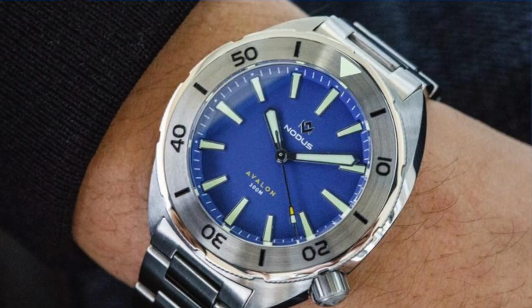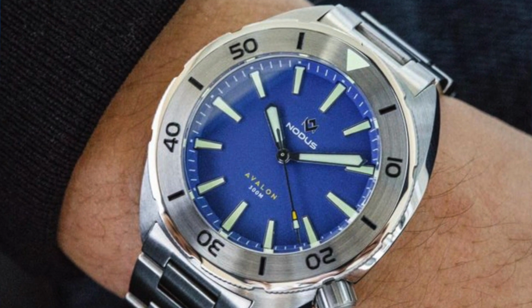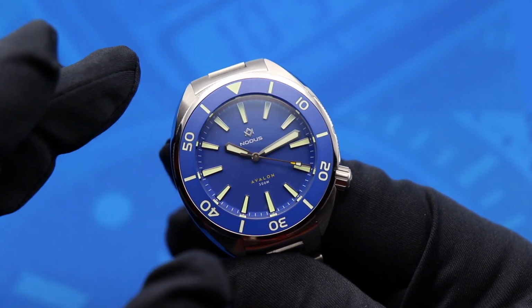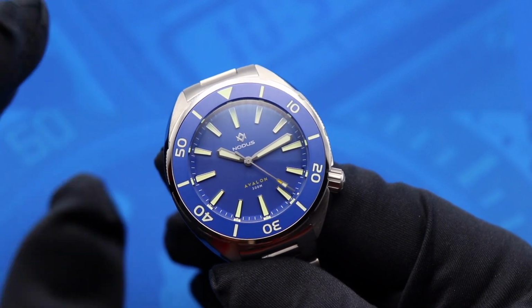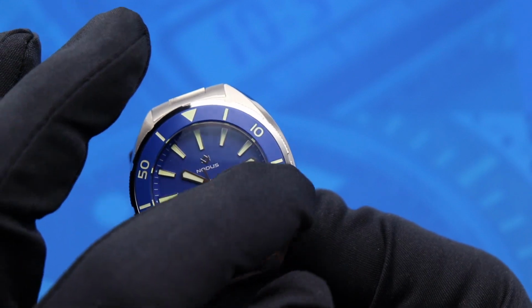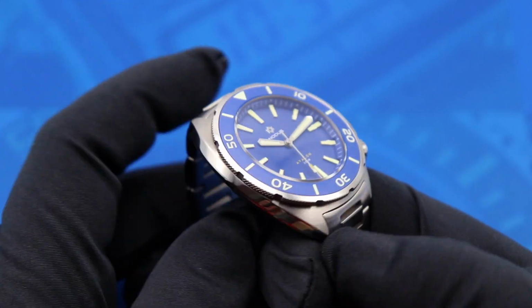The other version of the bezel that comes on this watch is a steel insert variant, but for me, I like the matte ceramic insert. For the blue and the green versions of the Avalon, it's going to color match. If you get the black, orange, or white version of the Avalon, then it's going to be a black matte ceramic bezel. You do have a polished steel frame that the insert sits inside of,